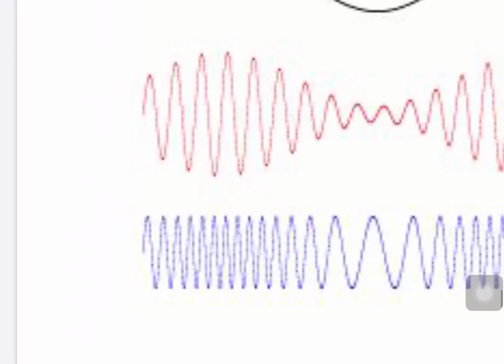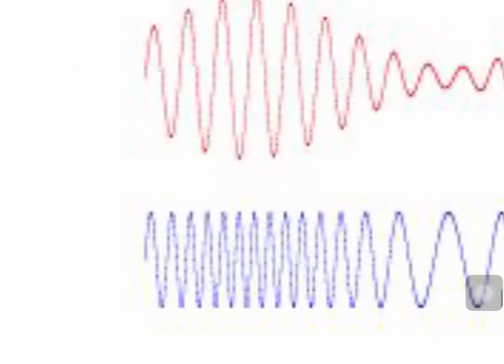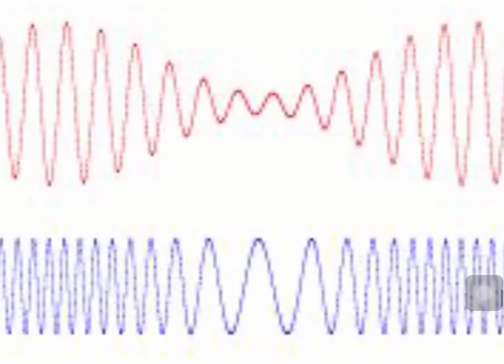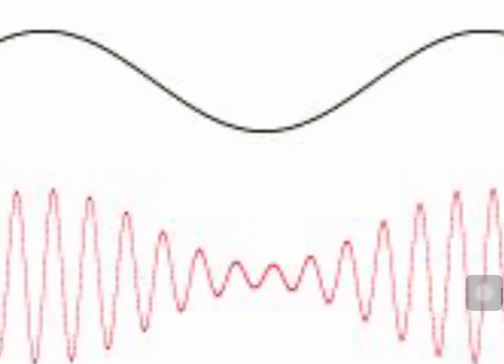It means the frequency is high. When the frequency is high, the time between two signals decreases, so you can see the signals very nearby. And when the amplitude of the